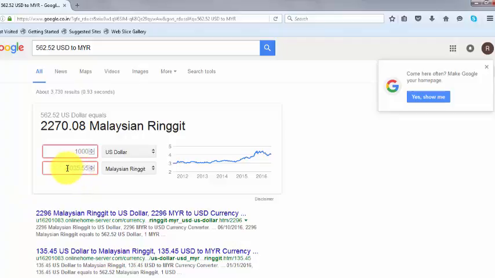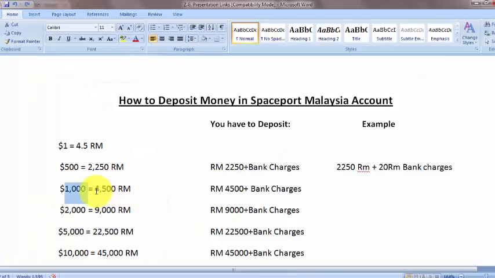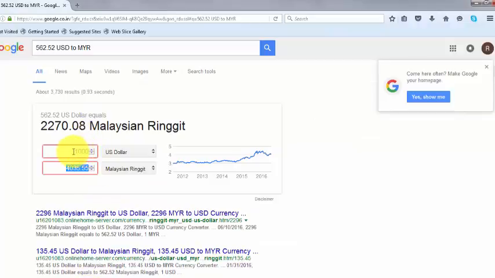Now you can see it is coming up to 35.55, but you need to send including the exchange charges as of today. Just calculate these exchange charges also, 4,500. So you will not send $1,000, you have to send 4,500